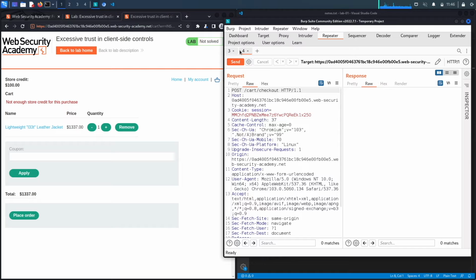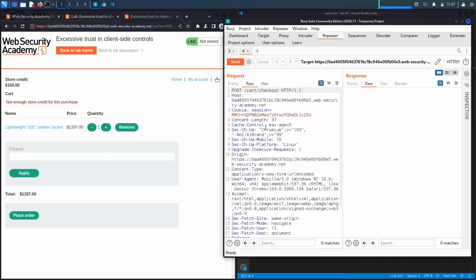Now, if there is a flaw in the application, it would have to come from the client side, so it would be parameters that are being sent to the server side that have that flaw in them. And so what I'm going to do is check both requests to see if there are any parameters that I could potentially manipulate and be able to buy the item for less than what it is listed